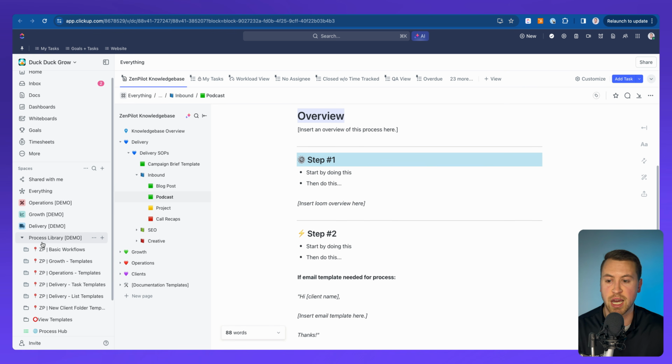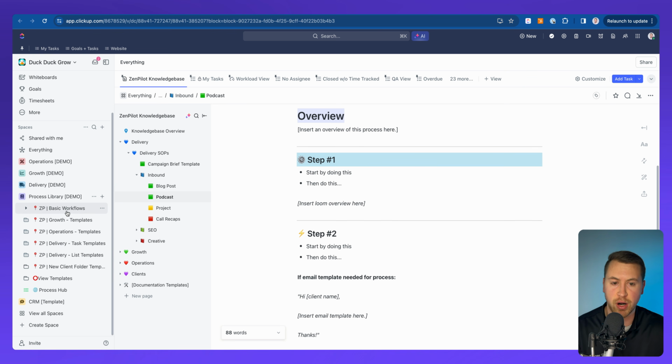Step number 1 is actually building out those workflows in your process library. Step number 2 is building out all of the SOPs in here and linking to those actual tasks where they're actually doing that process overall. So make sure you do that. That's going to be probably the most important step that you're going to have when you actually go implement ClickUp